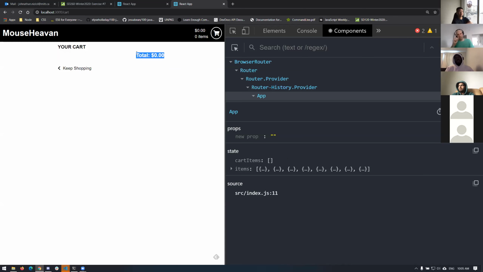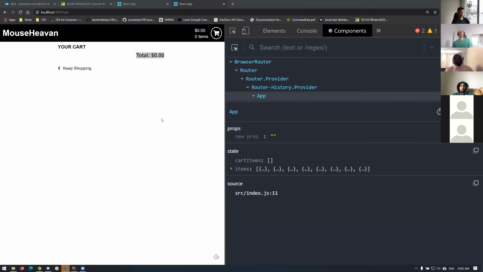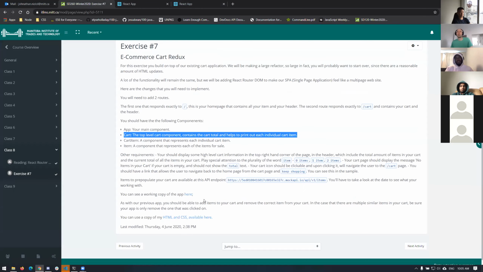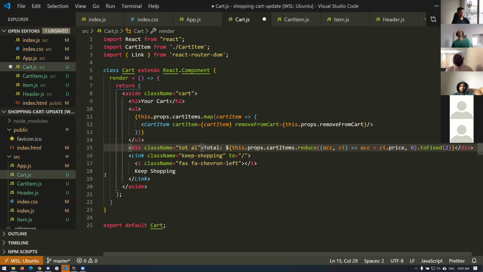Oh, and last piece, important. There's a couple pieces that I'm missing, but this one's important, so I'm going to cover it. When you're in here and you don't have anything in your cart, you should put your cart is empty. This is important. You will have to do this on a project. Your cart is empty. How do I do this? So in this UL, I'm going to say,